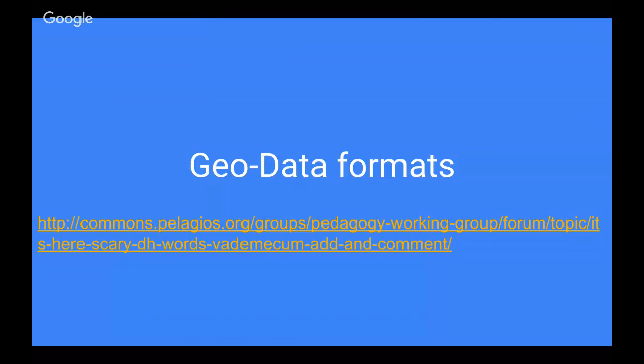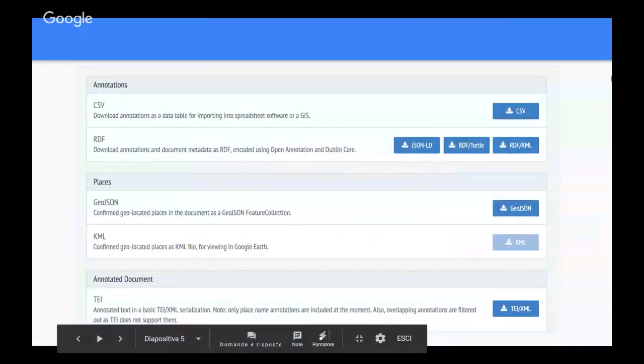It's a very short reference of scary DH terminology that includes a lot of geospatial related terminology like GIS or vector data or raster data, anything that looks scary but is indeed just a technical expression.